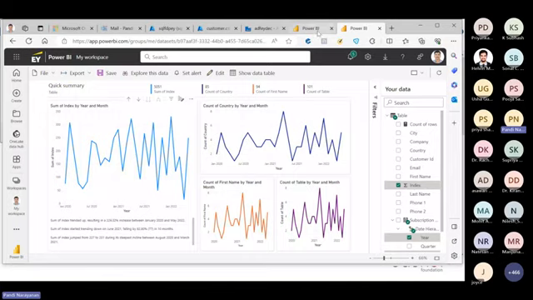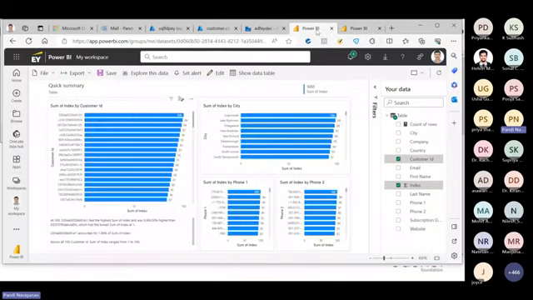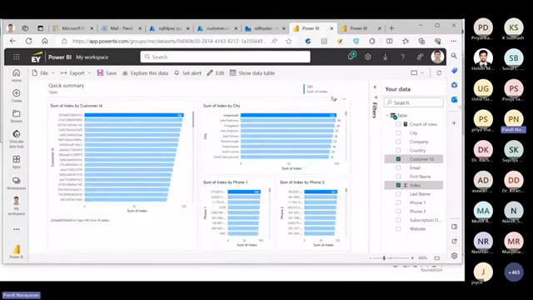When I created this earlier with the same data, it created something different. See here, it created a different report for me. Same data, no difference. I just said create and then use it. Sum of index by city: how many indexes are there in each city? This we can change. For each graph, you can click and then change what data you want to use,